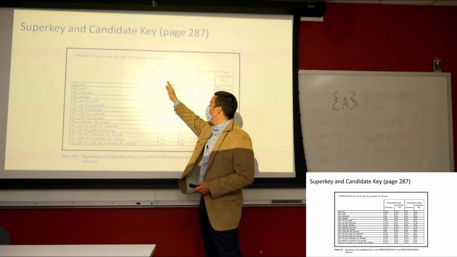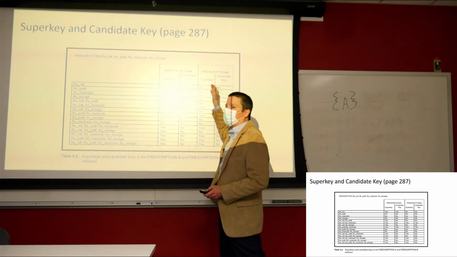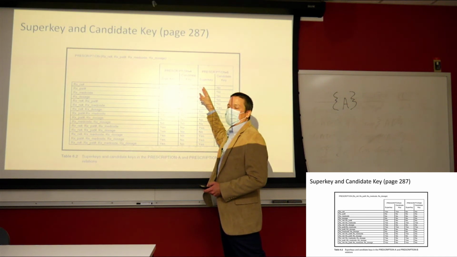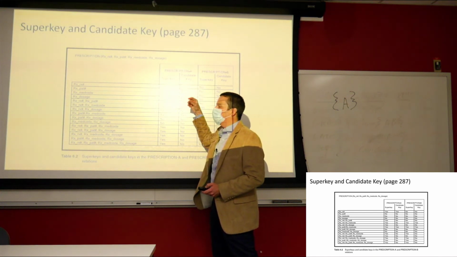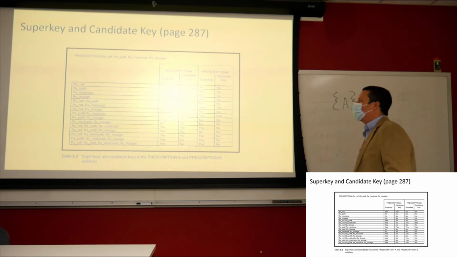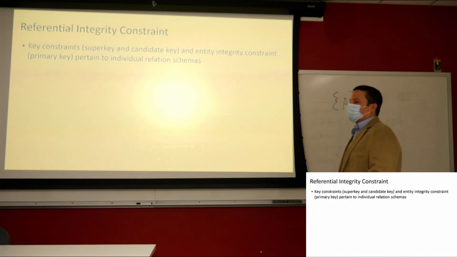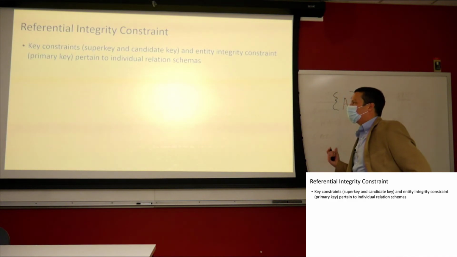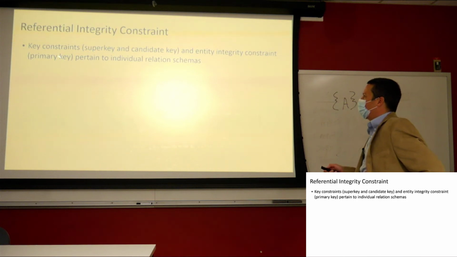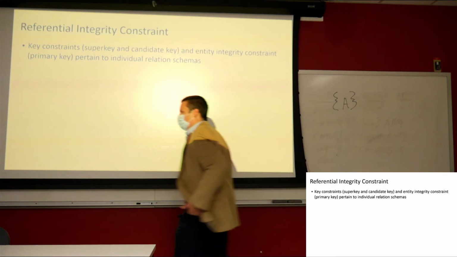So we go from unique to unique and irreducible, and then it's not shown here, but with the primary key, we're unique, irreducible, and not null, which we call the entity integrity constraint. Not null, no missing values for our primary keys. So far with these key constraints, our super keys, candidate keys, and primary keys, we're talking about individual